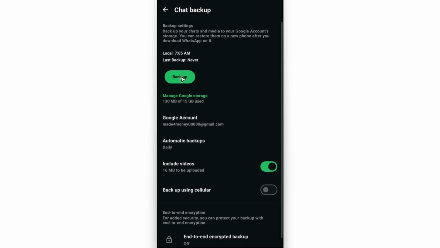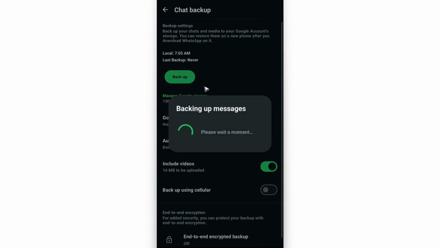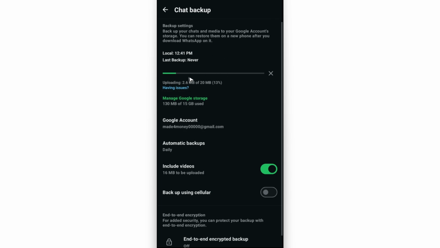After that, just tap on backup right here at the top. Wait for it. Now, again, there'll be an upload process right here. Just wait for it. And after that, all of your WhatsApp messages will be backed up using your Google Drive